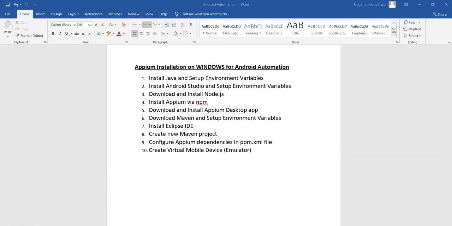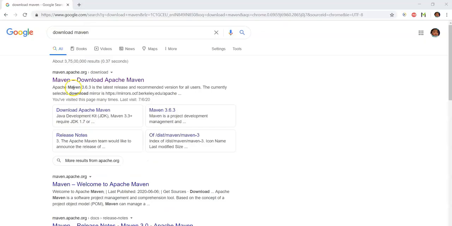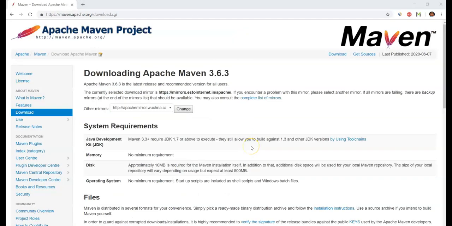So to download the Maven, open the browser, Google search with download Maven. Here open the first link, maven.apache.org download. Open the first link and download the Maven for Windows.